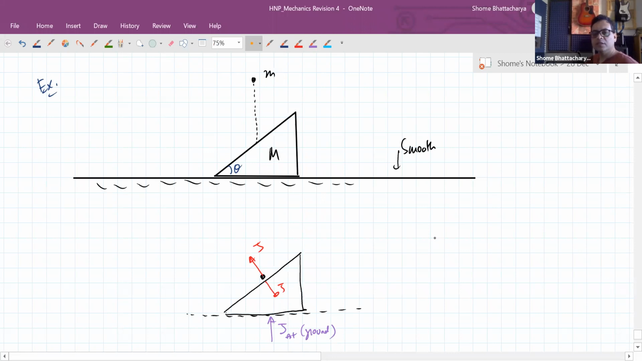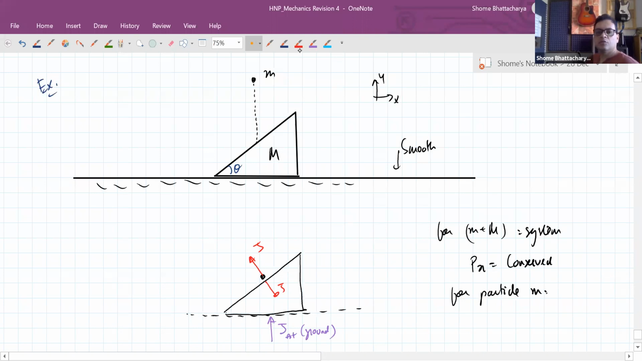So what we do instead here is that for the system, horizontal momentum is conserved. Whereas for the particle, small m, what is happening on that, the impulse acting is only in the normal direction. So if this is the tangential and this is the normal, for the particle, the tangential component of momentum is conserved. So that will give us a second equation. This will give us a first equation. And then whatever coefficient of restitution